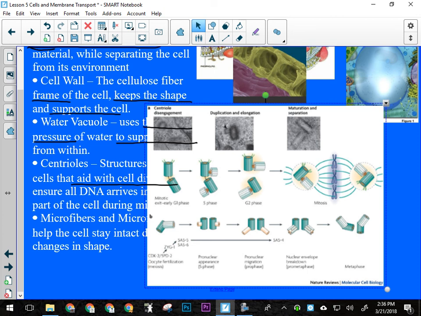All right, so when a cell is getting ready to divide, it's going to send the centrioles to either end of the cell. And the centrioles will then put out these little fibers. They almost look like cables, okay? And the cables will join up with the chromosomes, okay? That is the genetic material that all lines up right in the middle of the cell before a cell divides, okay? Those cables will then pull the chromosomes apart, ensuring that each half of the cell gets a copy of